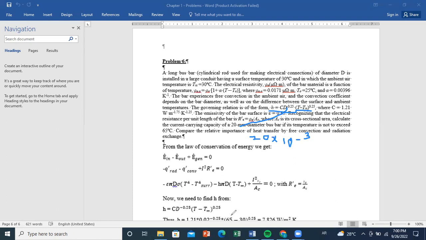Once we get the convective coefficient, we are ready to calculate Q prime convection. So Q prime convection is simply H pi D times delta T. And as we mentioned, the first step will be to write the energy balance. So energy in, which is due to electrical power, minus energy out,